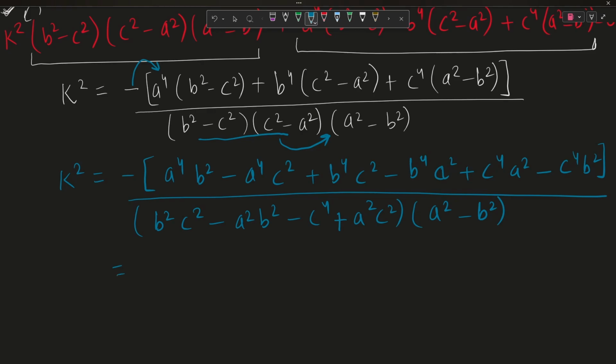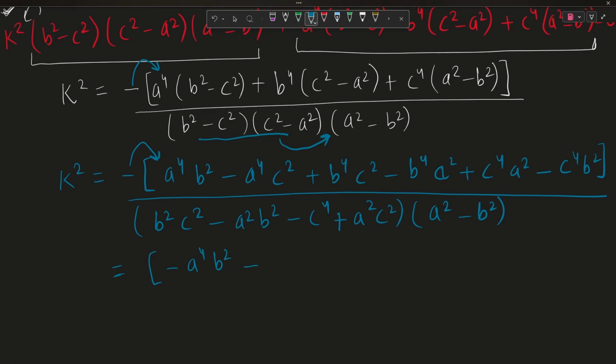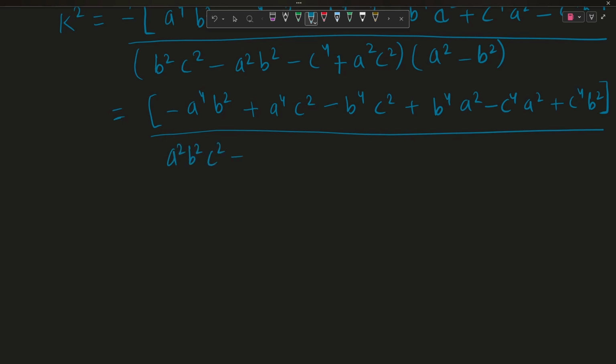And then now multiplying the minus in the bracket, we will be getting minus of a to the power 4 b square plus of a to the power 4 c square minus of b to the power 4 c square plus of b to the power 4 a square minus of c to the power 4 a square plus of c to the power 4 b square, whole divided by a square b square c square minus a to the power 4 b square minus a square c to the power 4 plus a to the power 4 c square, and then minus values